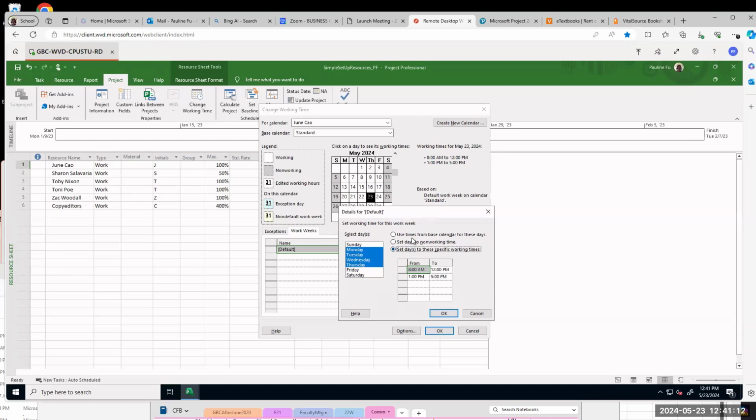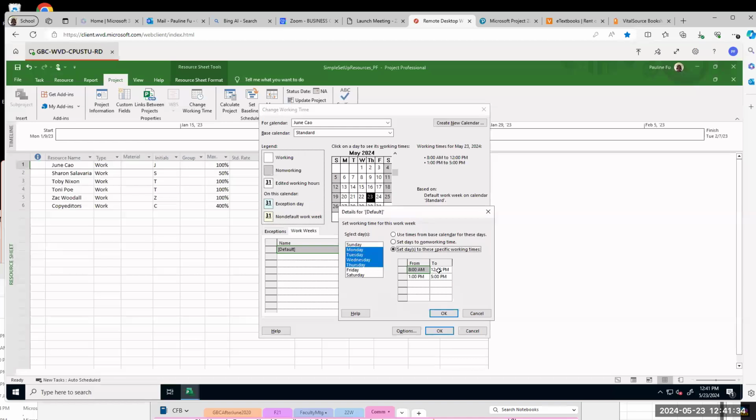Set days to this specific working time. It is said she will work 8 a.m. to 7 p.m. with 1 hour lunch break.